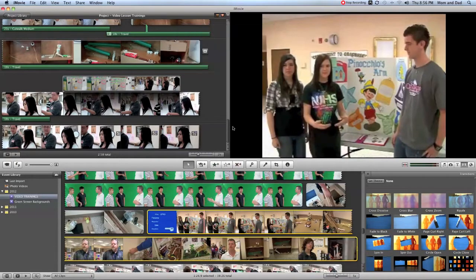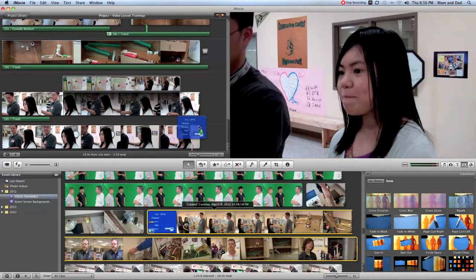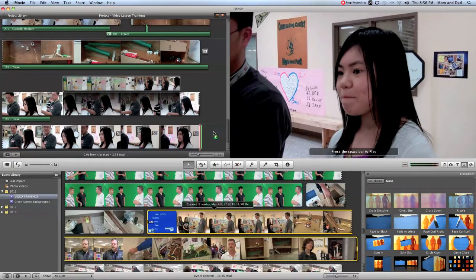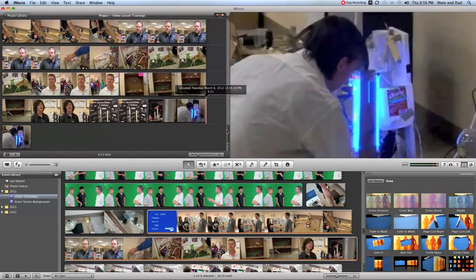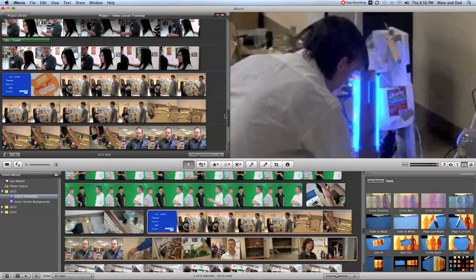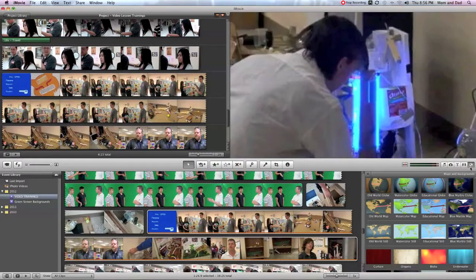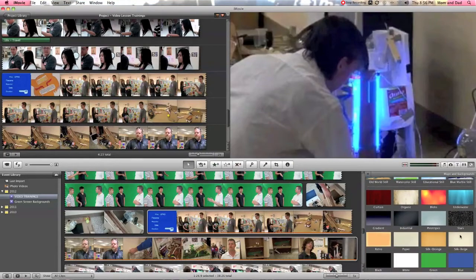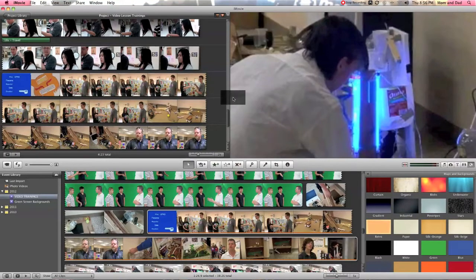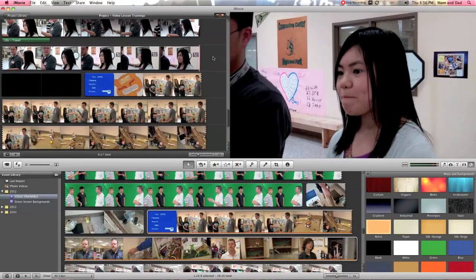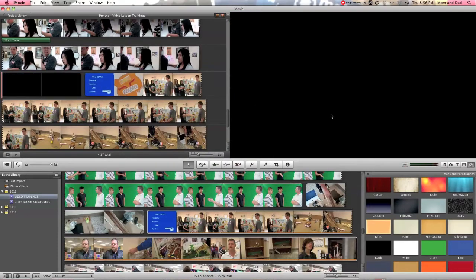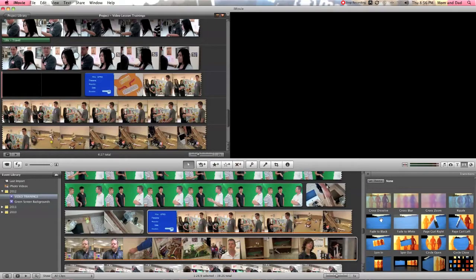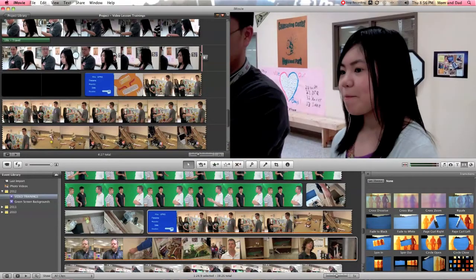Okay, so I'm going to go ahead and grab it, and come down here and drop it to the end. And basically, I'm letting the news channel that put this together kind of end our program. And so what I want to do is allude to that. So what I want to do is actually drop in a black background between these scenes. So I'm going to come down here and grab this black area here, drop it there. And so I want the previous video to fade into black. So I'm going to use a transition and use this fade to black and drop it right here before the black portion comes in. That'll actually give it a natural